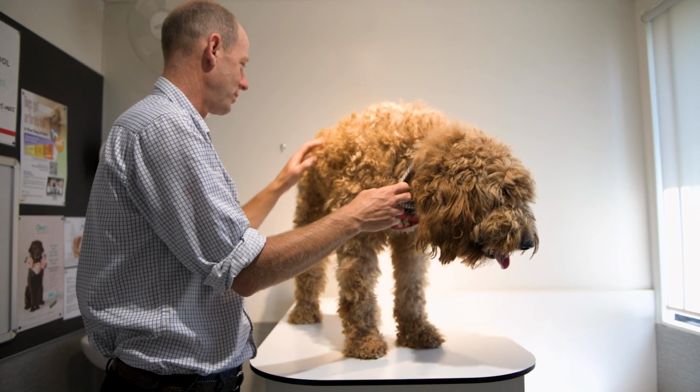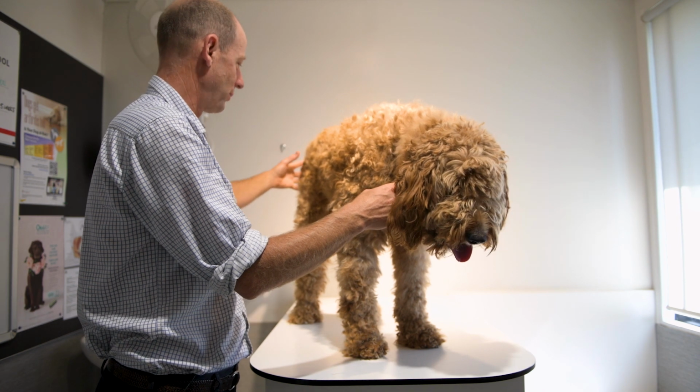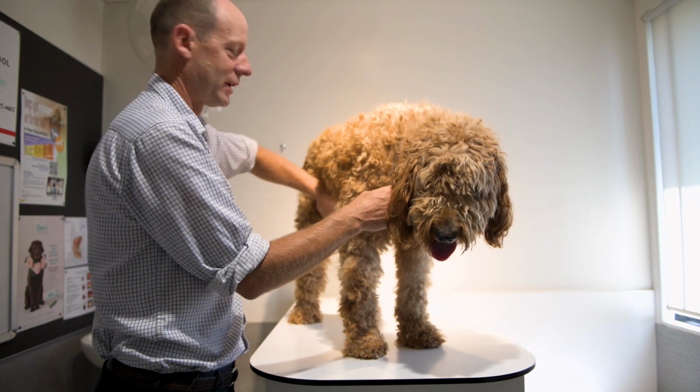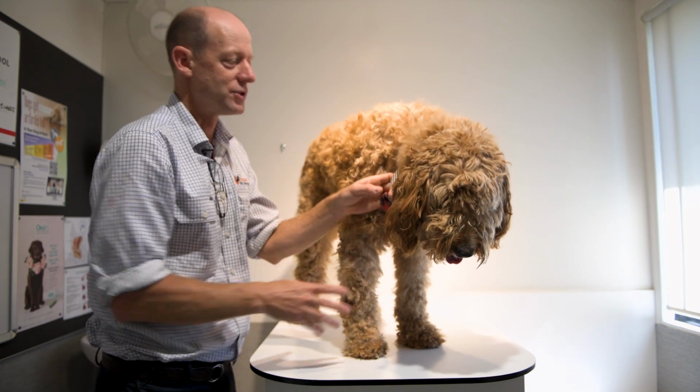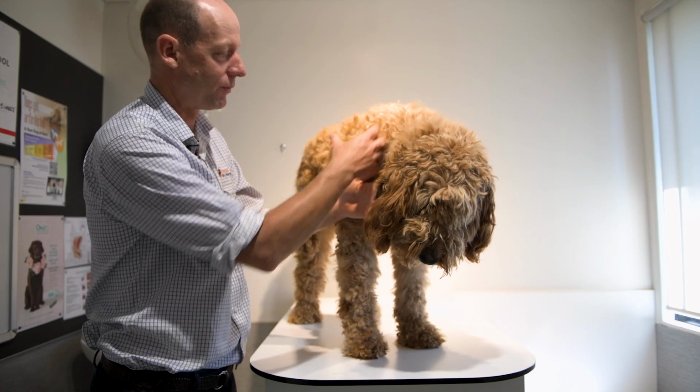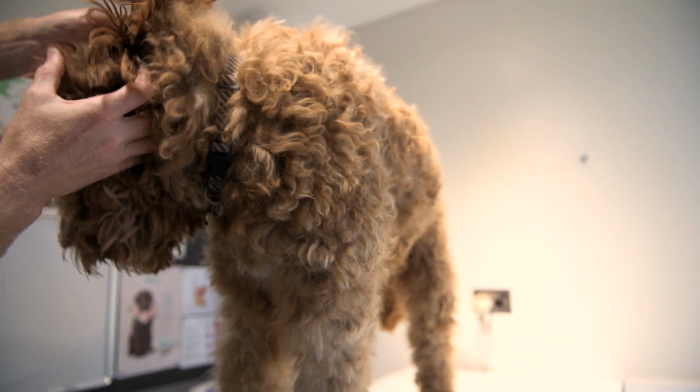further back on the dog. So common places are around the anus or the vulva in female dogs, or around the penis or the sheath in male dogs. And again, you just got to be really thorough. So we recommend a systematic approach and just stick with it every day. Start on that leg, work your way up, work around the face, work your way down there, and then around